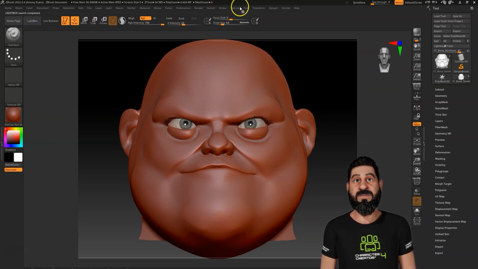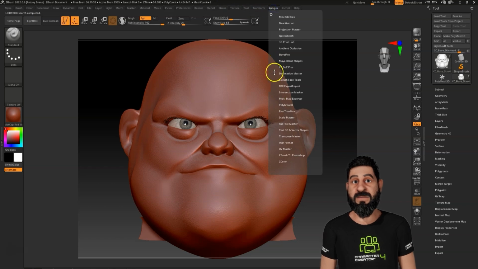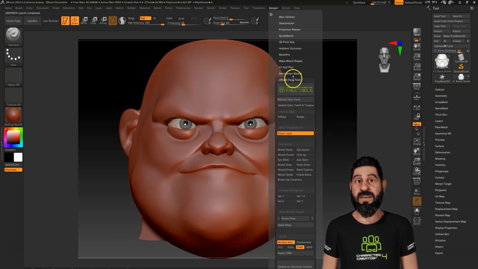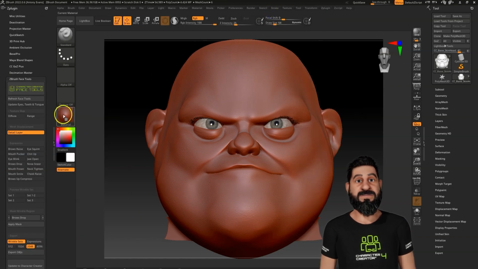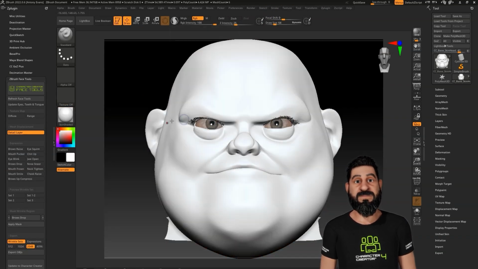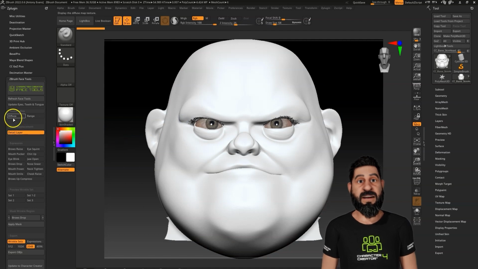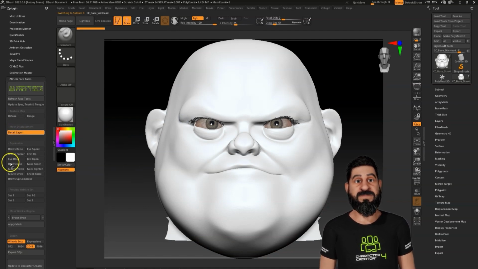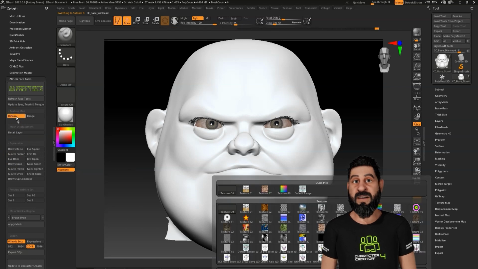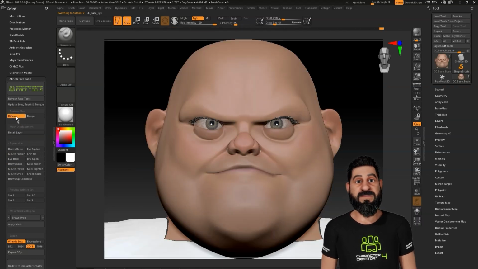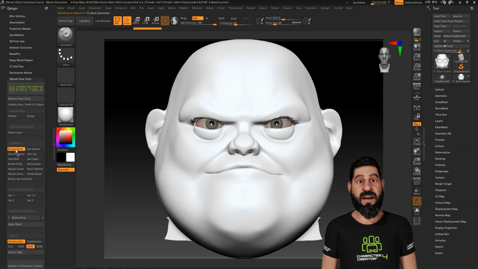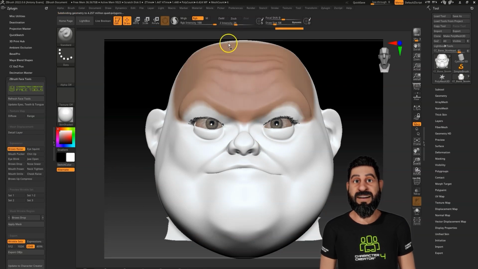Okay, so now we're in ZBrush. We're going to go to Plugins and we're going to open up the ZBrush Face Tool. And we're going to dock that to the side. I'm going to put this on Skin Shade 4. I'm going to turn the detail layer off. Just check the diffuse is on. Yep, we've got the diffuse channel. And if we go to Brow Raise, you'll see it's brought in that